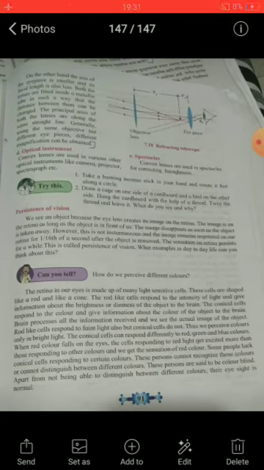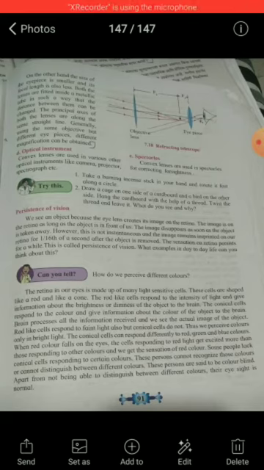That means after removal of the object, the image is not immediately gone, but it remains on the retina till 1/16th of a second after the object is removed. The sensation on the retina persists for a while. This is called persistence of vision. Some examples of this that we see are the bird in a cage and the burning incense circle, which are effects of persistence of vision.